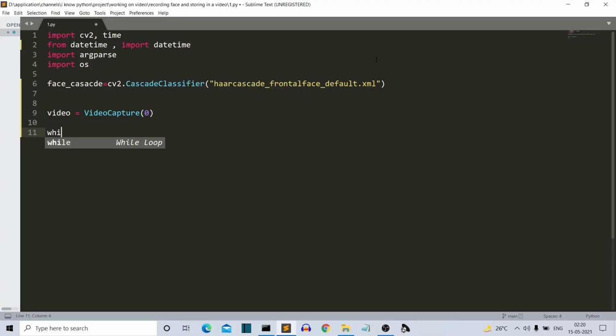Then we have to create an infinite loop and extract the data that is present in our video variable. It will return two values: first is the status and second is the frame. Frame is the variable in which the actual data is present. So it will be video.read, and if frame is not None, then we'll convert our